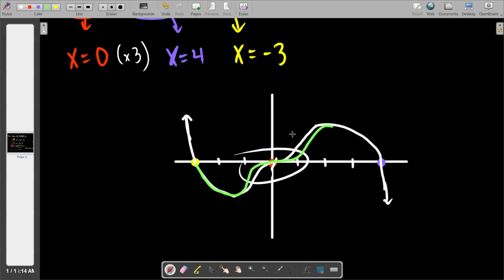So what would a normal one that is? If it didn't have multiplicity,